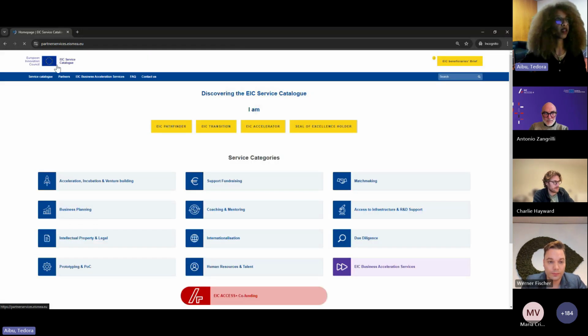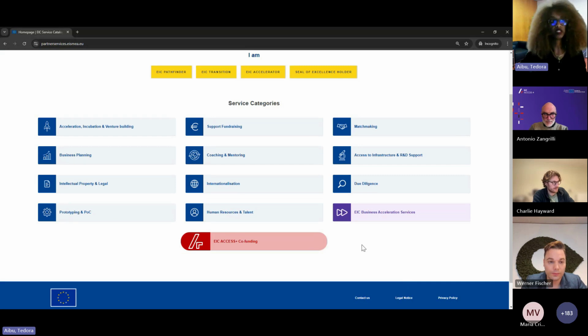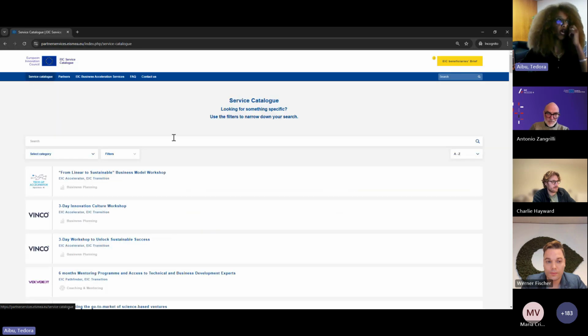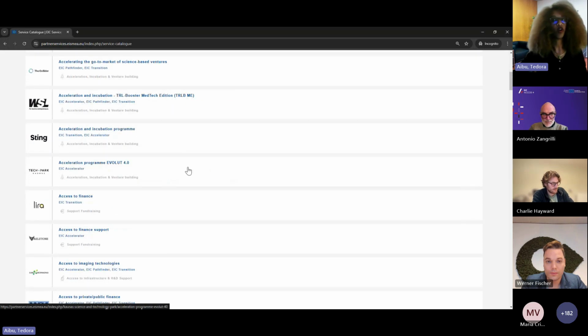So going back here, in addition to that, you can also find a button that will direct you to the EIC ACCESS Plus co-funding website, and also to the list of EIC Business Acceleration Services. In order to find the full listing of services, you can go to this button. So here on the menu bar, which is the service catalog, you will find the full listing of over